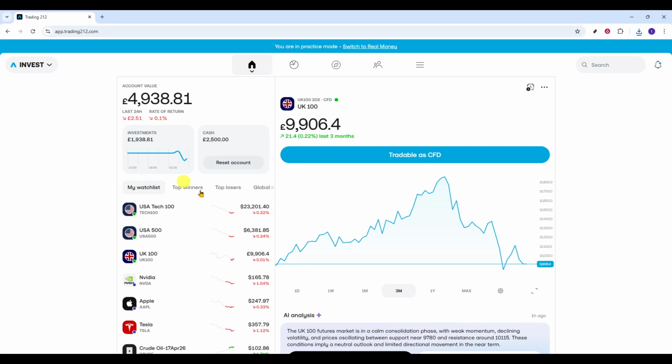Hello, today we will guide you through how to set and use price alerts on Trading 212. In this walkthrough, we'll show you how to quickly create an alert so you're notified when an asset reaches a price you care about. Price alerts are helpful for tracking opportunities without constantly watching the screen, and they're easy to